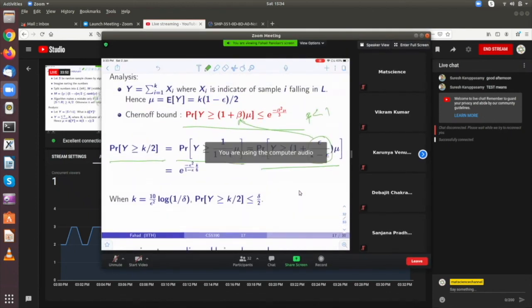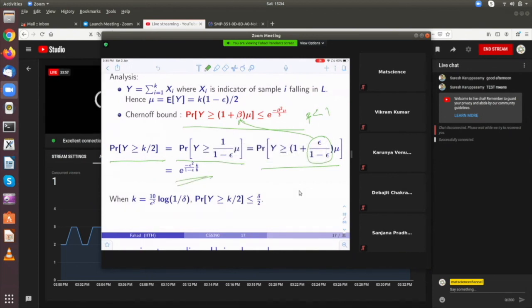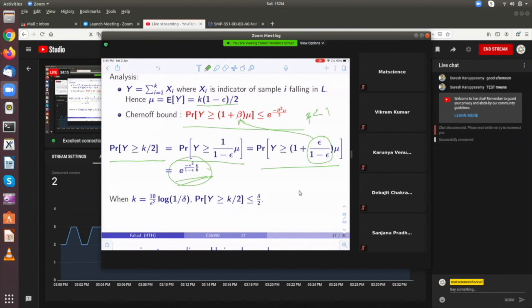So apply the Chernoff bound. What do I get? This quantity. So I will get beta square will be epsilon square divided by (1 minus epsilon) square, and for mu, I have this term k times (1 minus epsilon) divided by 2. When you do that simplification, you will get this quantity. And suppose you substitute k to be, say maybe, 12 divided by epsilon square log 1 by delta, then that 6 will cancel, and then you will get e to the power minus 2